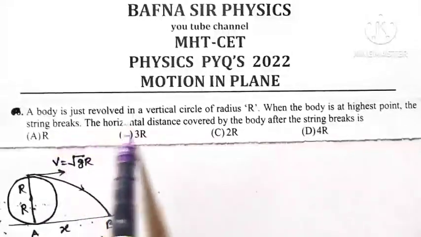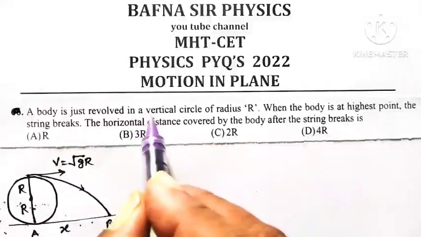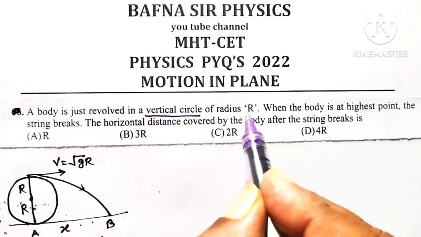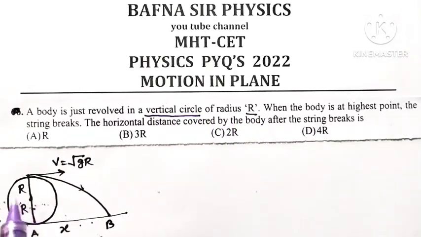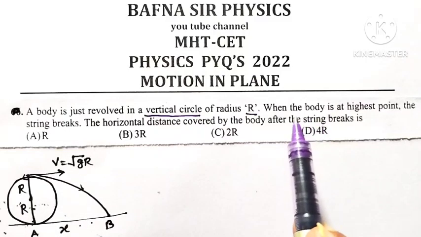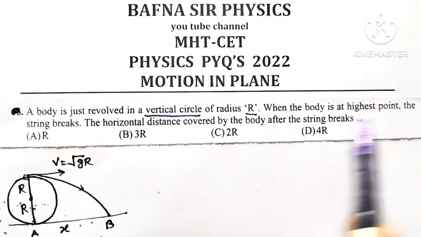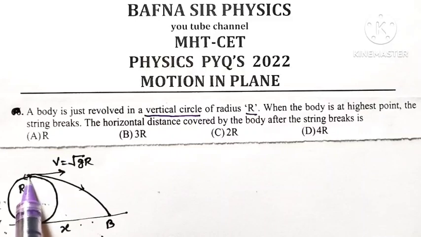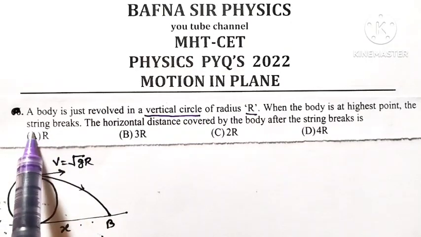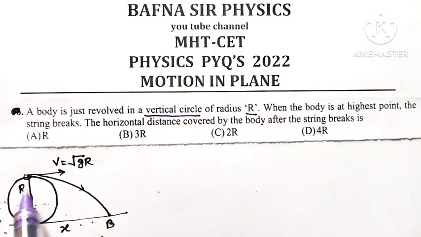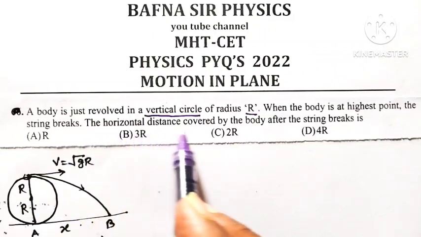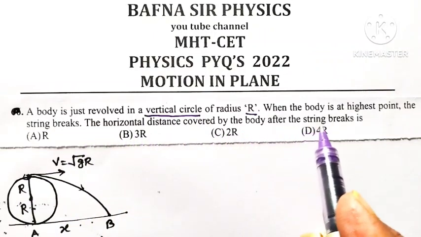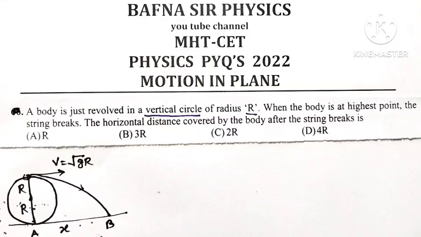A body is revolved in a vertical circle of radius r. When the body is at the highest point, the string will break. The horizontal distance covered by the body after the string breaks is...